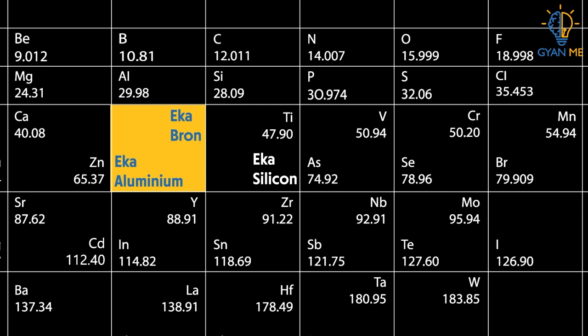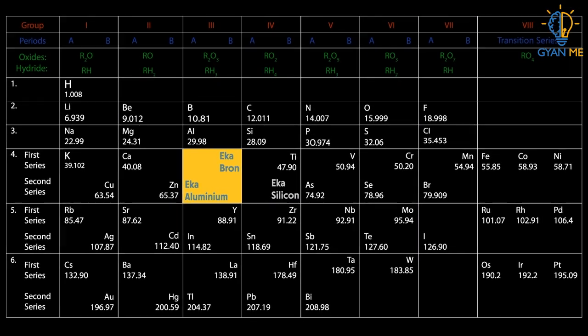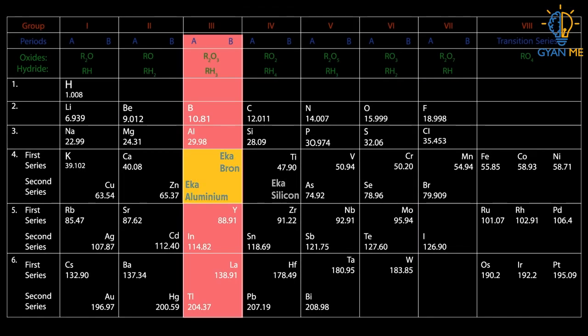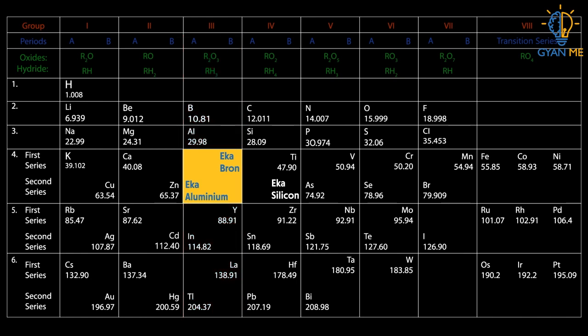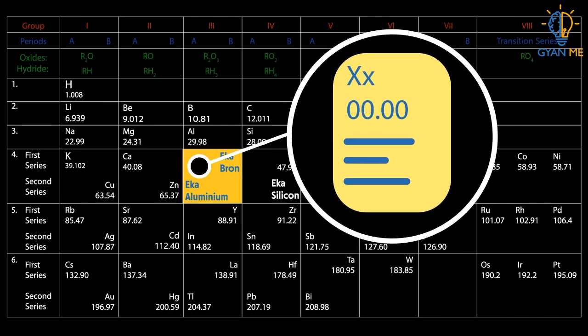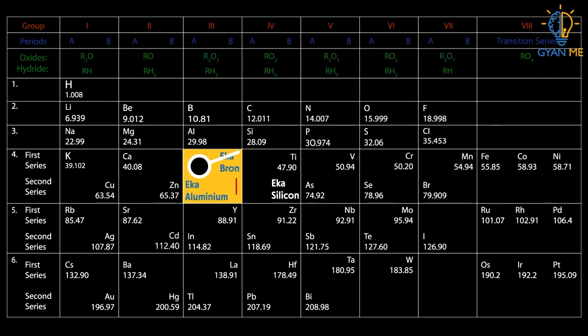This means that the properties of all these elements should be similar to those of the elements placed first in the same group. Now you would ask me, is this some sort of achievement? I would say yes, it was indeed an achievement. It is because even when these elements were not discovered, their properties were predicted based on the similarity in the properties of the preceding element. Eka aluminium was discovered soon, just as he predicted.